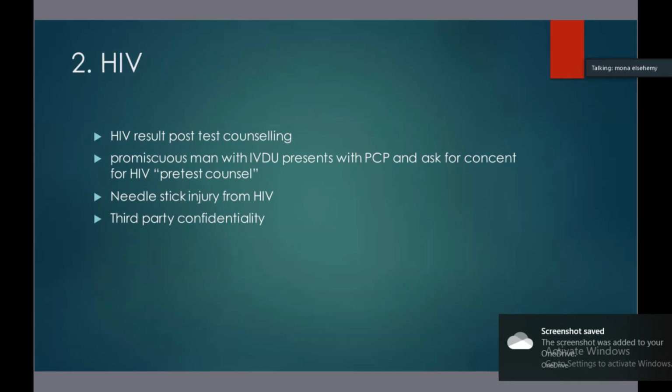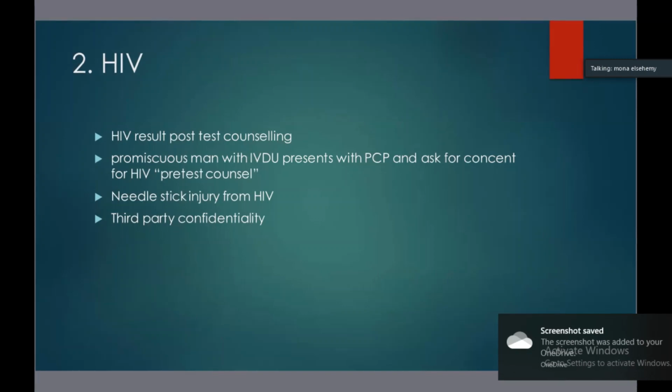So let me ask you about the circumstances in which the injury happened. Was it before or after you drew the blood from the patient? What is the extent of piercing? Was the needle soaked with blood? What did you do after the needle stick injury? Have you squeezed your finger, for example, or just put it under running water? Have you ever checked your HIV status or hepatitis B or C before? Okay.